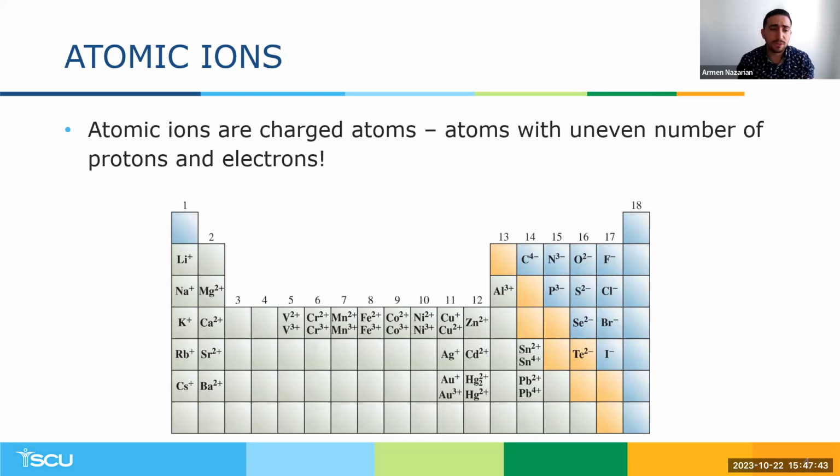But in the main groups, which is groups 1 to 8A, you can say that all the elements in group 1 would like to lose 1 electron and become +1. All the elements in group 2 would like to lose 2 electrons and become +2. You skip over transition metals. 3+ is the charge of all the elements in group 3. Group 4, although it says C4-, you rarely see a C4- or a C4+. They're kind of in the middle. If they want to satisfy the octet rule, they will have to lose 4 electrons, which is not that easy, or gain 4 electrons, which is not that easy either.